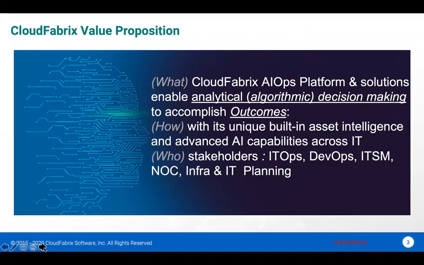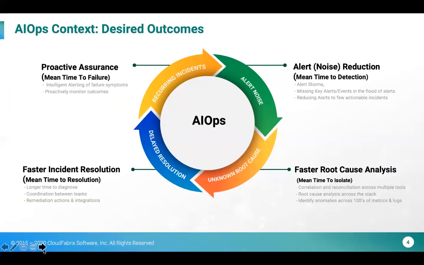Just a very brief note on CloudFabrix. I won't delve into too much, but we are an AIOps solution provider, and like all AIOps solutions, they are meant to address several use cases for IT stakeholders using algorithmic, artificial intelligence or ML-driven approaches. How do we improve your decision making and bring efficiency through that? This is a high-level framework, mostly focused on IT ops and ITSM. These are the subset of outcomes we'll be talking about, but it's a very good framework for you to look at and see how you start your AIOps journey.